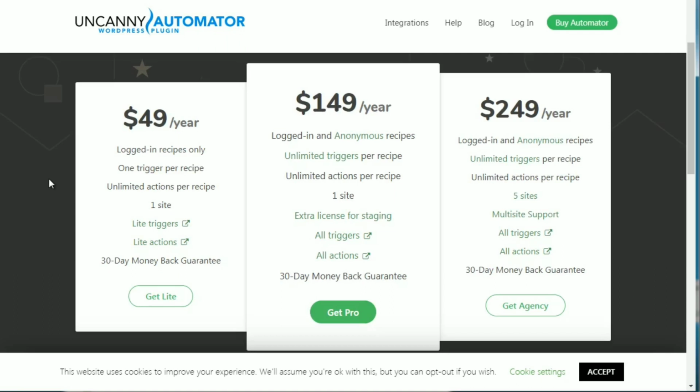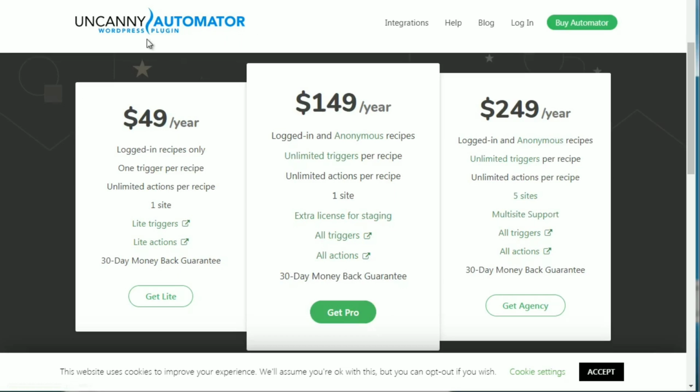But on the other hand, Zapier also provides access to over 1,500 apps, whereas the Uncanny Automator really focuses and hones in on WordPress plugins. So these two systems we highly recommend. We've used, we've tested, and we've really enjoyed using them. There are many other sites out there that do these kinds of things, but we've really narrowed it down to these two sites. And you can access the Uncanny Automator by going to